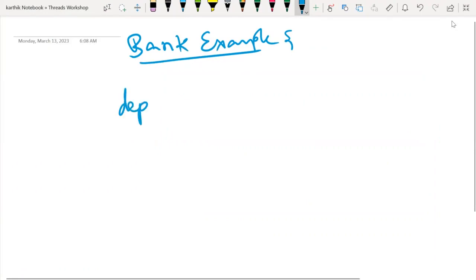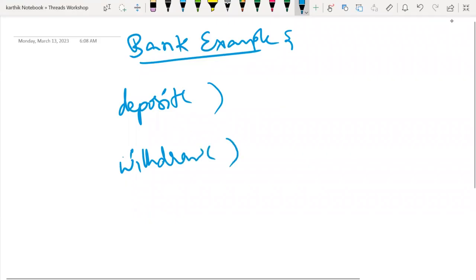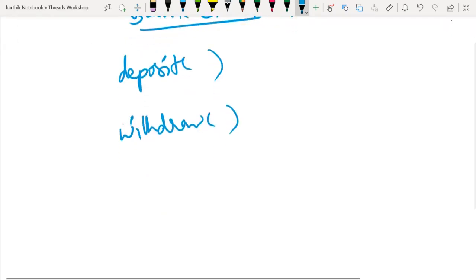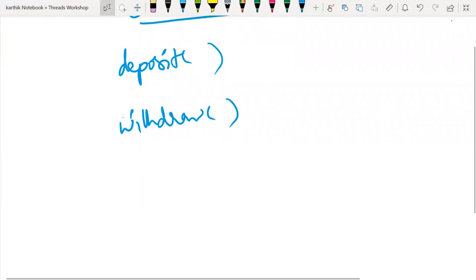Deposit and withdraw. Can I say that I have made these methods synchronized, correct? Yes. Okay. Now, whenever you have a bank, can you do the balance inquiry from UPI? Yes. Okay. Can you do the balance inquiry from net banking? Yes. Okay. Now, see, for example, now let me write